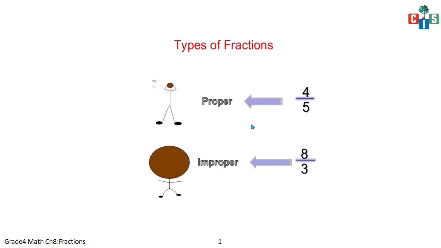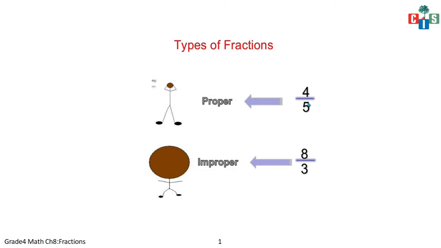Now kids, there are three types of fractions. Okay, how many types of fractions are there? There are three types, but the important ones are two types. Okay, see, this is a proper fraction and this is an improper fraction. Now observe, what's the difference between the two? This looks like a proper person because the head of the person is normal. In the second part, this is the improper person, where the head is very big. So this is how you have to remember the name of the fraction and the quality of the fraction.